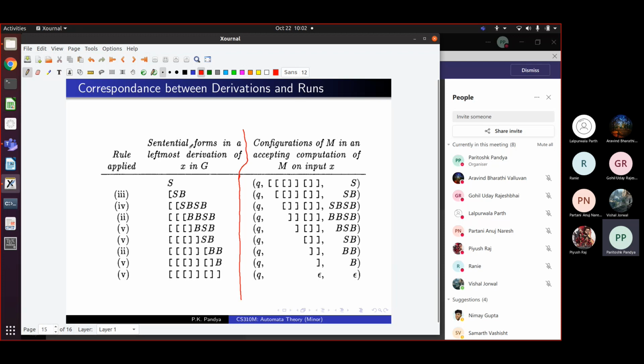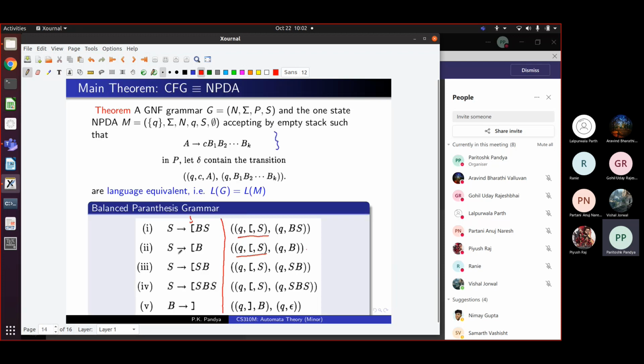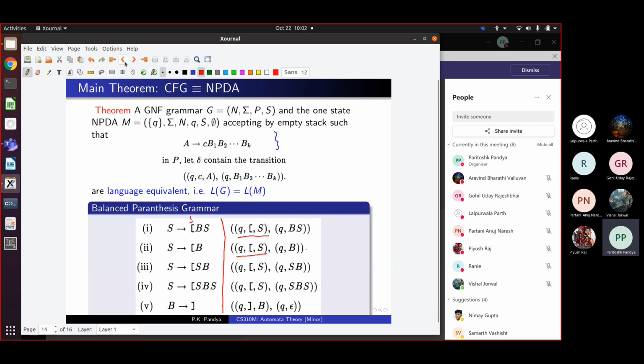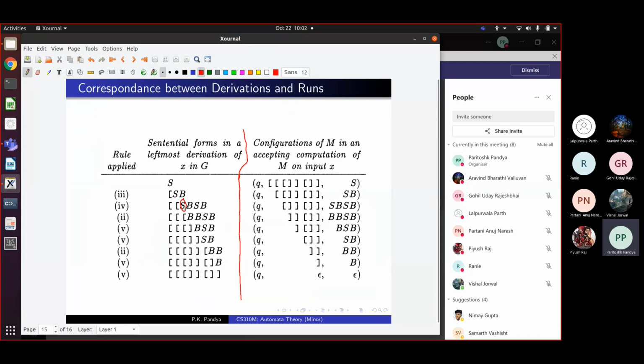We take S and we replace S by using this rule. S goes to left bracket SB. I will replace this S by left bracket SB. I am doing the leftmost derivation, which means I will always pick up from my sentential form the leftmost non-terminal. So I will pick up this leftmost non-terminal S and I will rewrite it by left bracket B, because I have got a rule which says that S can be rewritten as left bracket B, right? So that is what I will do. This S I will rewrite as left bracket B, and I will get this sentential form. And I will do derivation which looks like this till at the end I wind up with this balanced parenthesis string.